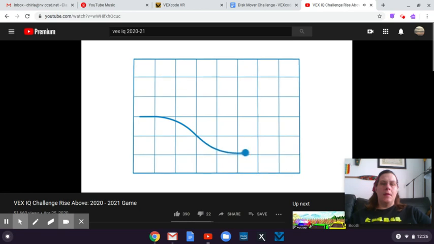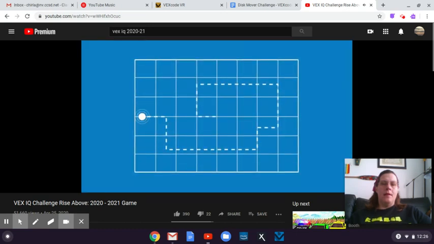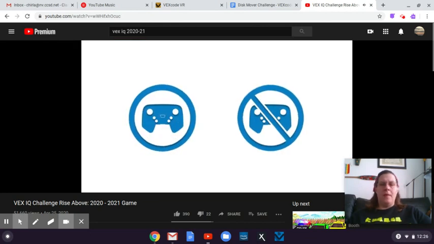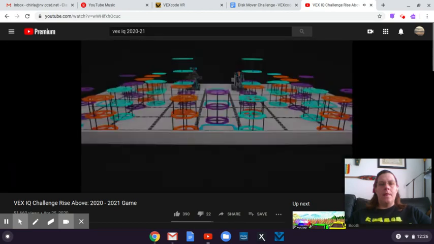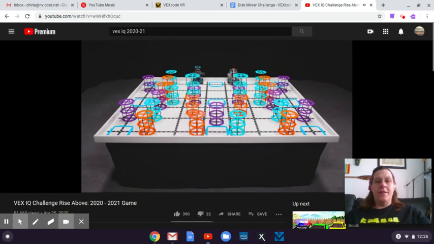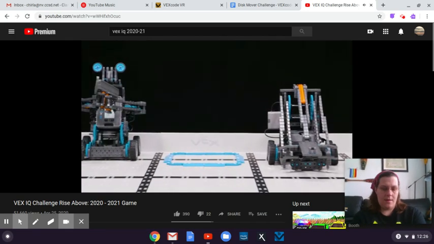In these matches, teams have 60 seconds of driver-controlled time to score as many points as possible. Third, each team will also have the opportunity to play Programming Skills Challenge matches, in which they have 60 seconds of autonomous robot operation to score points, no drivers allowed. Scores from the Driving and Programming Skills Challenges will be combined to determine a Robot Skills Challenge champion. Vex IQ Challenge Rise Above is played on the new, wider field, measuring 6 feet by 8 feet. Robots and game objects start on the field in predetermined positions, and there are 9 goals located around the field. Be sure to double-check the robot size rules this year, as they may not be the same as previous